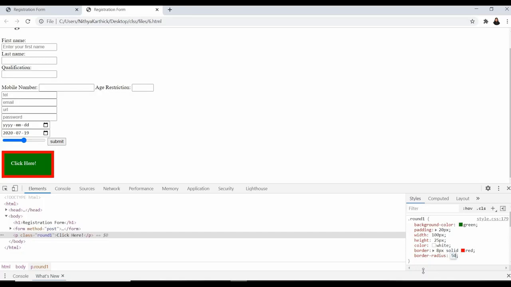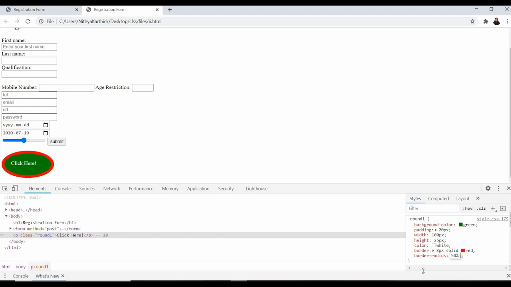This radius can be given like 50%. As we have given width as 100% and height as 25 pixel, it's coming like an oval. If width and height are equal and I give 50%, it will be like a circle.